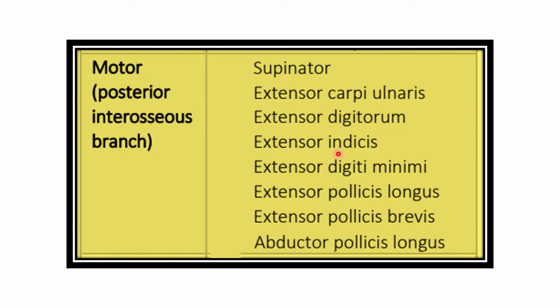From the main nerve of the radial nerve, the terminal branch, that means the posterior interosseous branch, supplies this group of muscles, such as the supinator, and we can see the extensor group here. They are the extensor carpi ulnaris, extensor digitorum, extensor indicis, extensor digiti minimi, extensor pollicis longus, extensor pollicis brevis, and abductor pollicis longus. So here we can see all types of extensors present, including the supinator muscle, which causes supination of the